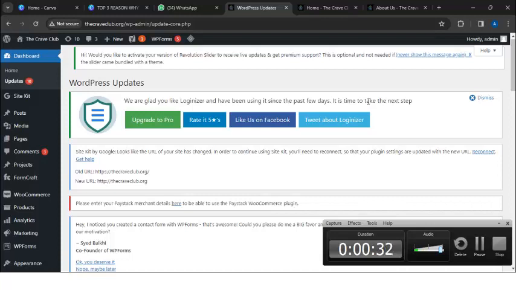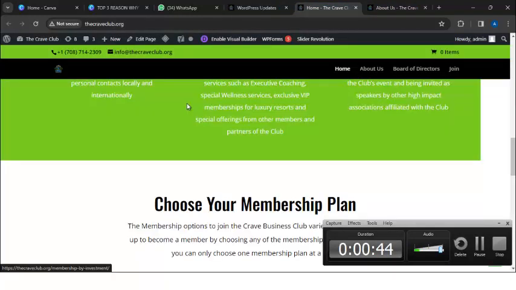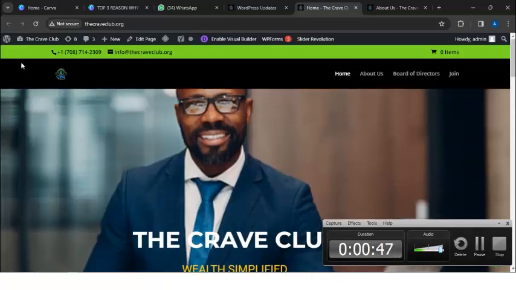So I'm going to explain the various parts of a website for you quickly, before we go into the footer menu. Right now, if you look at the front end of this website, you will see that we have this header where we have the logo, the home, the about us, the board of directors, and then the join. All of these things that you are seeing here is what we call the primary